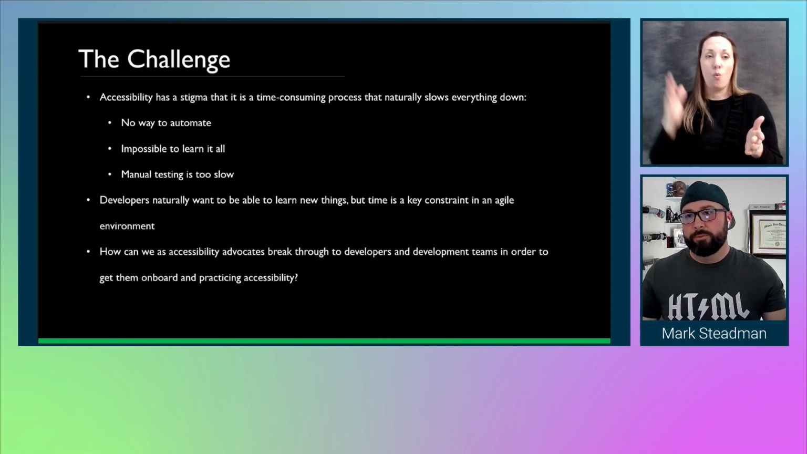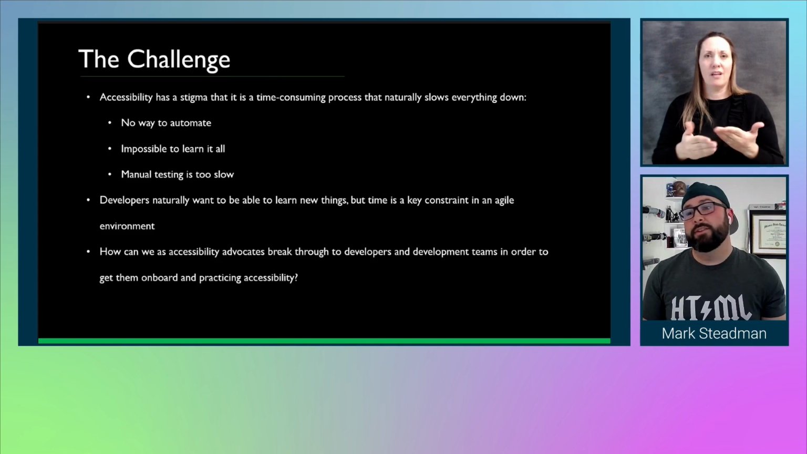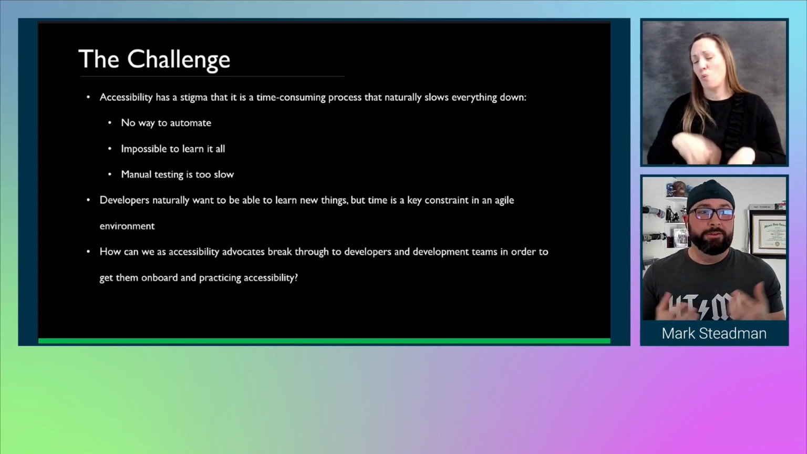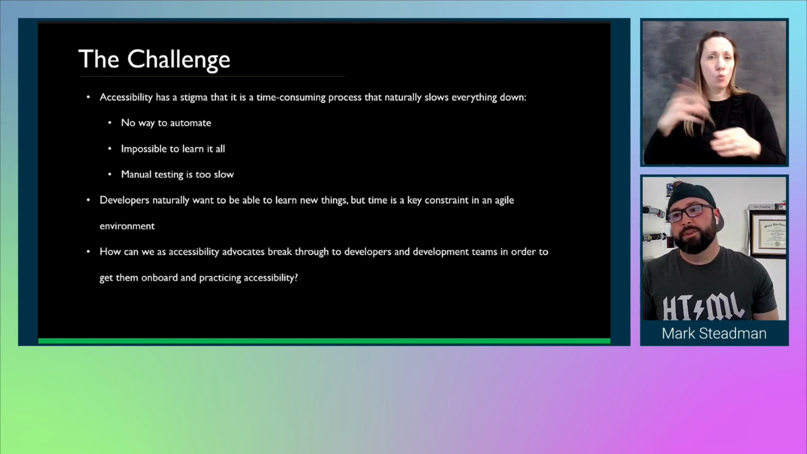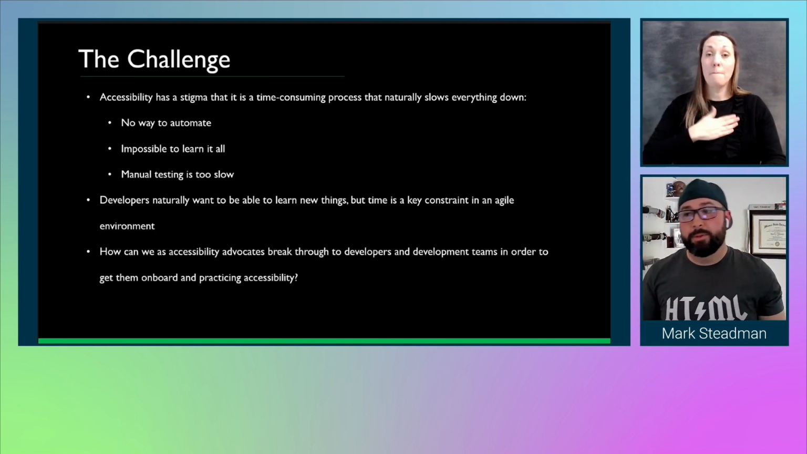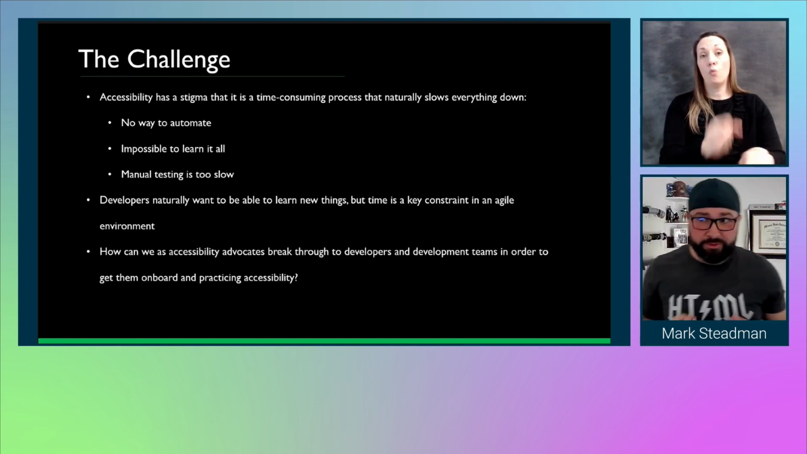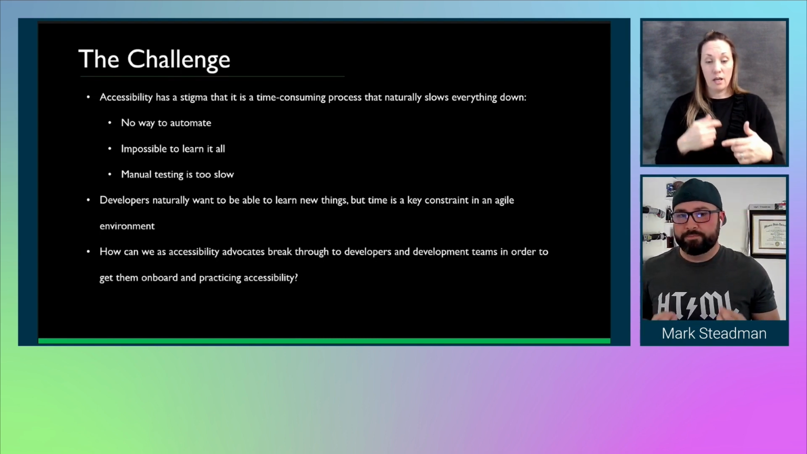Why can't I automate the world? Manual testing is way too slow. I can't get the things I want to get done because there's too many checks, right? So my experience with this, and the challenge with the piece I said above, developers naturally want to learn new